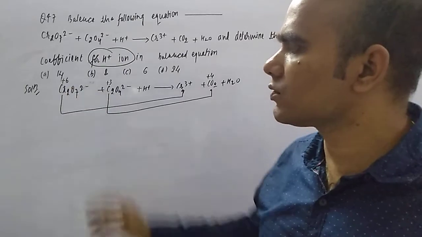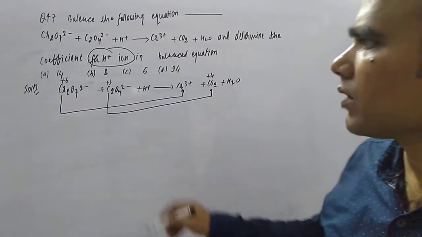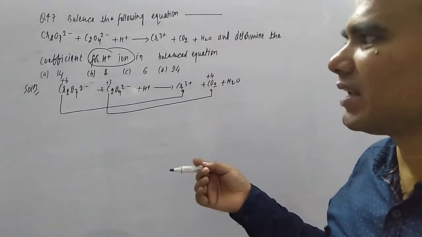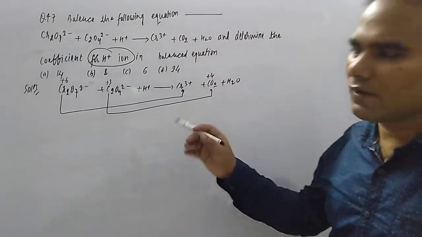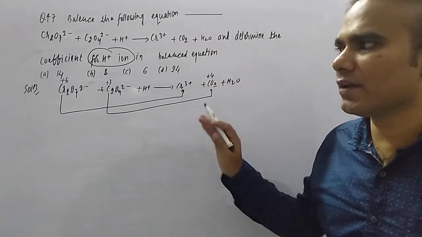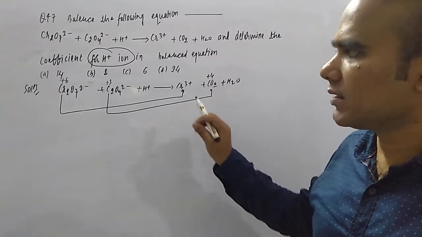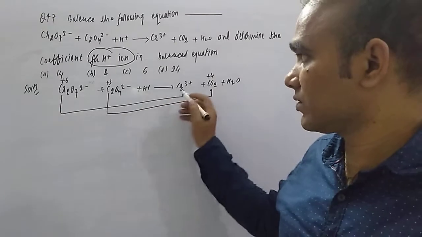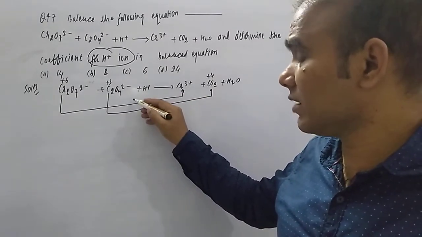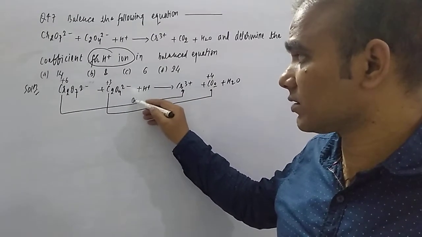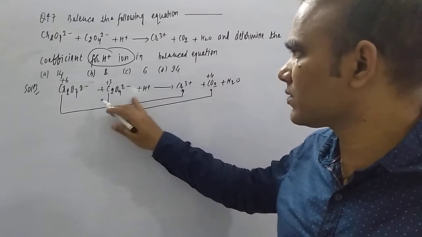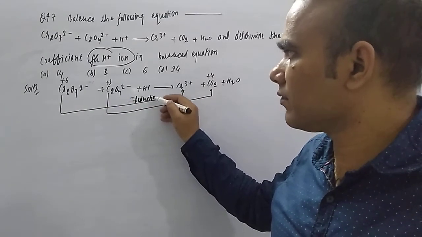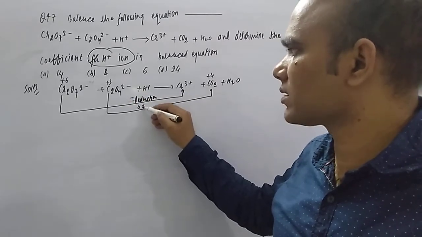Okay, so these two equations we can write here. How can we write? Acidic medium, I am balancing by the ion electron method. Any method you can balance, student, but basically for different questions different methods can be used, so whichever method you feel comfortable with, you can do. So this one is 6 to 3. 6 to 3 means what, student? This is reduction. Okay, this is reduction, and when you are doing 3 to 4, this is oxidation.